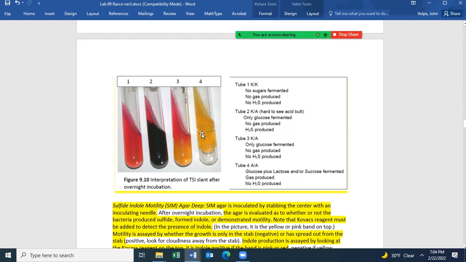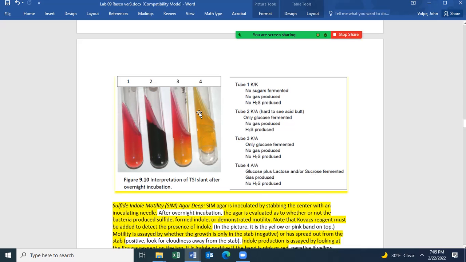And you have glucose that's fermented. Glucose is the base sugar. And if lactose or sucrose are fermented, or both of them, then you always have glucose fermented. In this case, we have gas that's produced because there's a bubble down here. The agar is broken, so gas is produced. No hydrogen sulfide is produced because the tube's not black. And we know that lactose or sucrose are fermented because the tube is yellow, both on the bottom and on